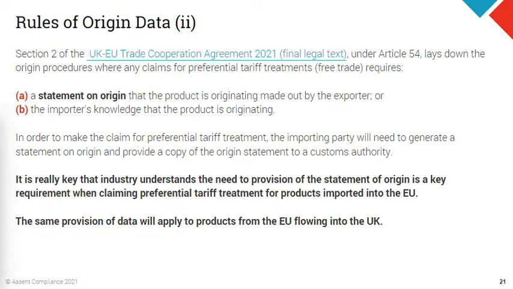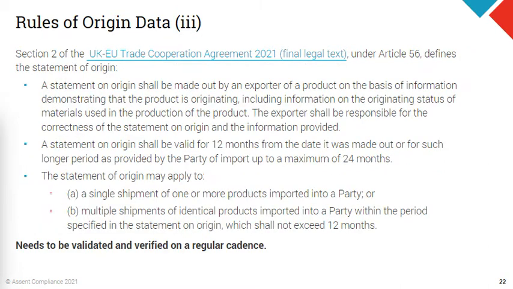And I think if I go to the next slide, you have to have this data available. It has to be provisioned to each member state customs authority in order for you to maintain that preferential tariff rate. And it's very strange when you look into the actual statement. It's like saying you can either do it for one single shipment into a region, or you can do it for a batch of your products for X amount of period. But you've got this recurring concept in it that it can't cover shipments beyond a year, so you have to renew it, but it can't last for more than 2 years in its validity.